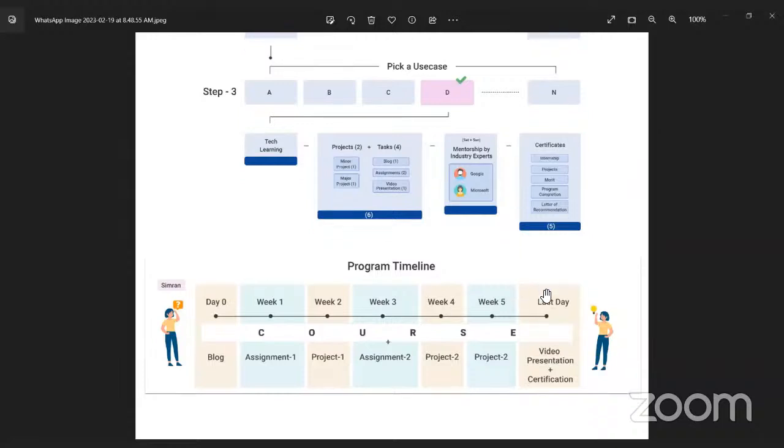Okay, so starting with day zero, as you enter your domain, you have to write a blog. Now, what a blog is: as I told you, to enter an industry, you should have knowledge about every domain, or everything. Everything means the technology that you want to work upon, your communication skills, your presentation skills. So we will